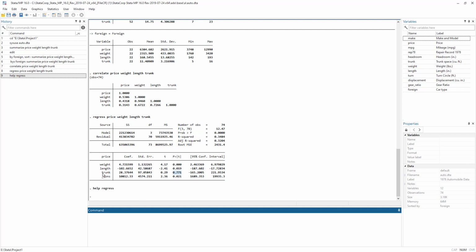So in this case we are assuming that the null hypothesis is that the effect of trunk on price is 0. So there is no effect of trunk on price. This is our null hypothesis, and our alternate hypothesis is that it is not equal to 0.